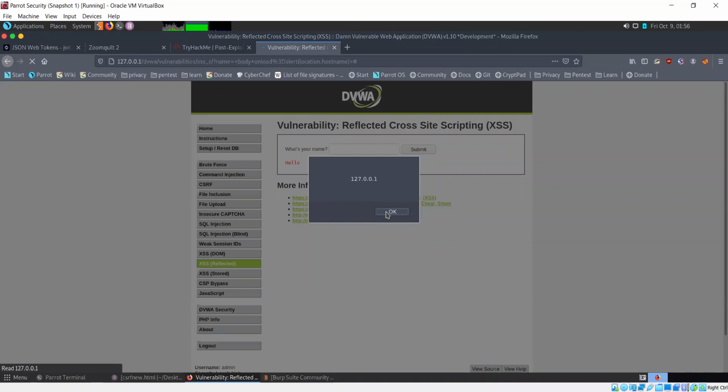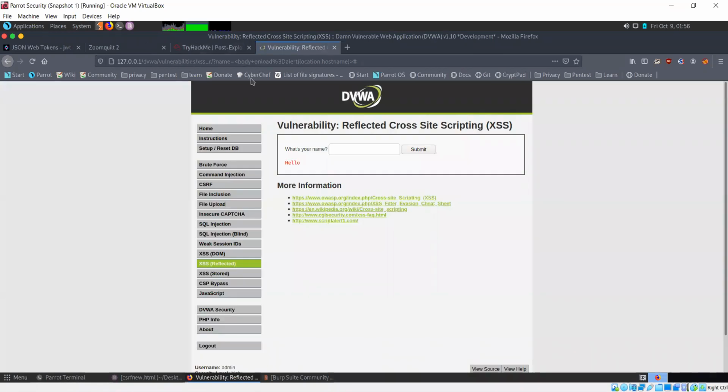If you use this option, you will get the IP address of that device. Currently, I'm just running this on a local system, so it's telling me that the IP is 127.0.0.1.